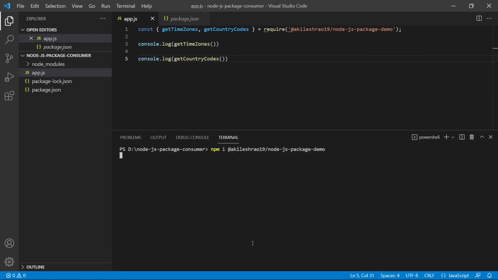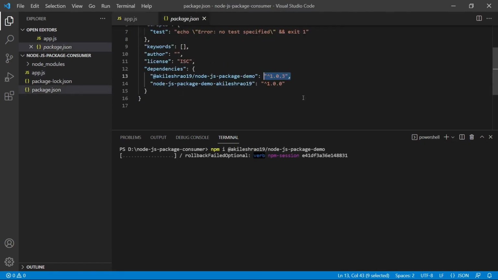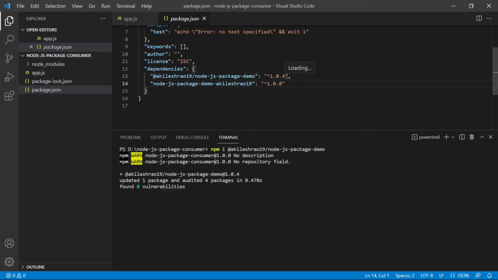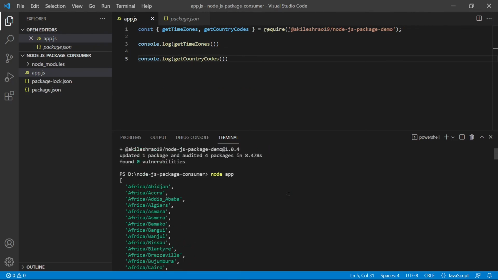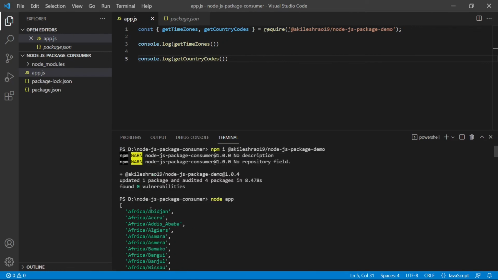I'll reinstall it. It will now be set to 1.0.4 here. Yep, this is done. Now if I try to run this, it should work. Yeah, so now it's working. So the array again is the same. It's just that this time it's coming from a dependency, which is moment time zone.